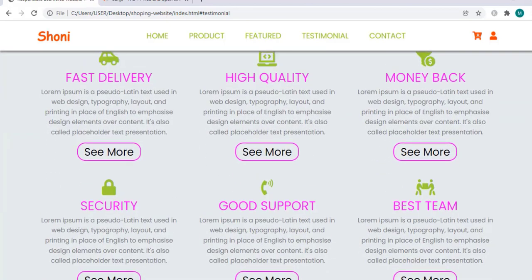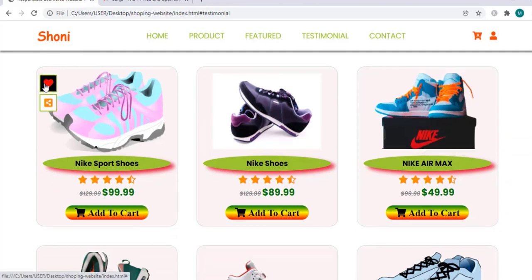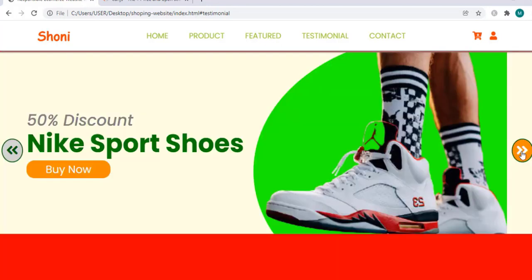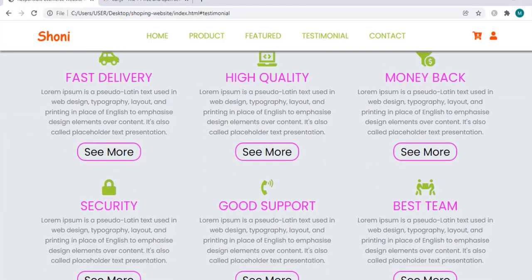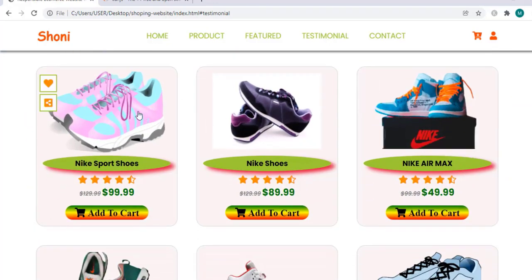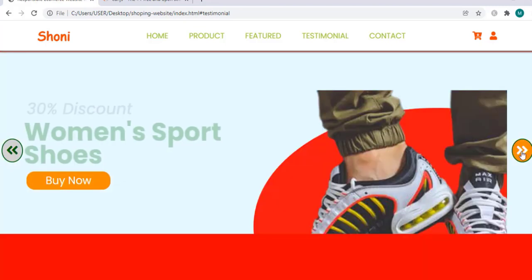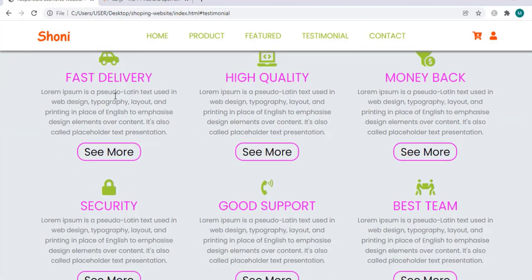Do you have an interest to create an e-commerce website for free but don't know where to start? If so, you are in the right place. I am here to show you how you can create this responsive e-commerce website template using HTML, CSS, and JavaScript. And also, we are going to make this e-commerce website fully responsive for any device using modern technology like